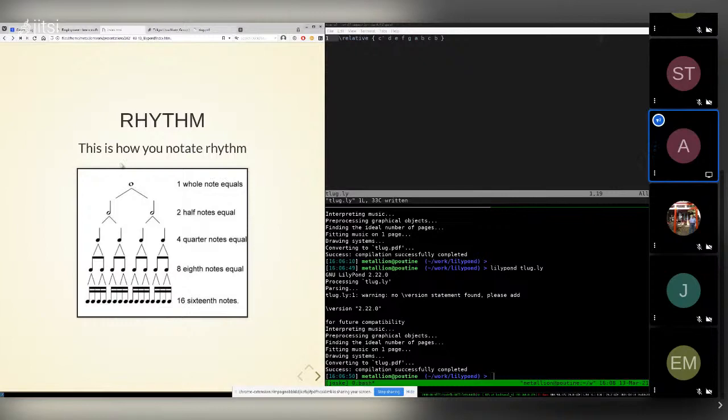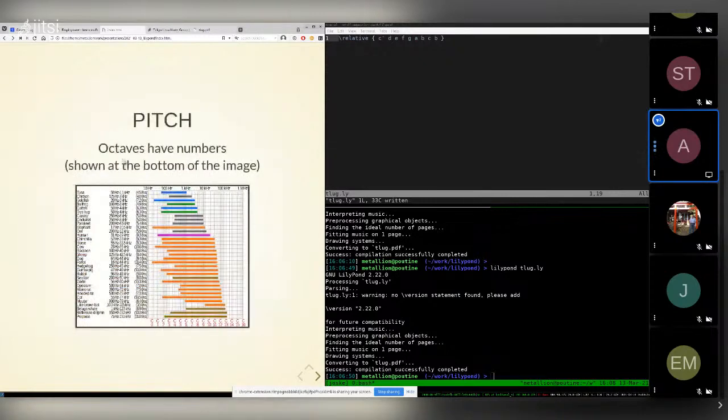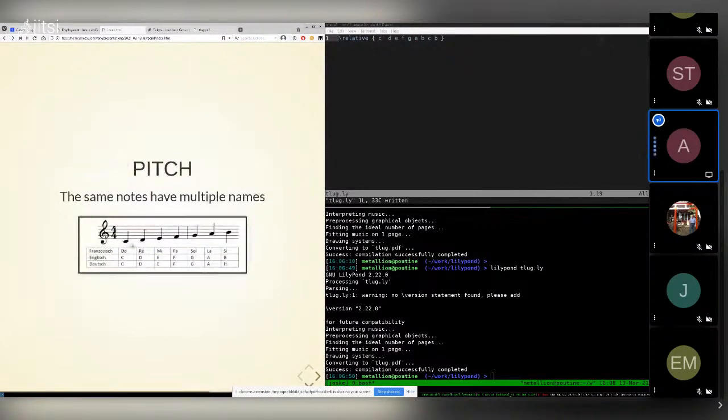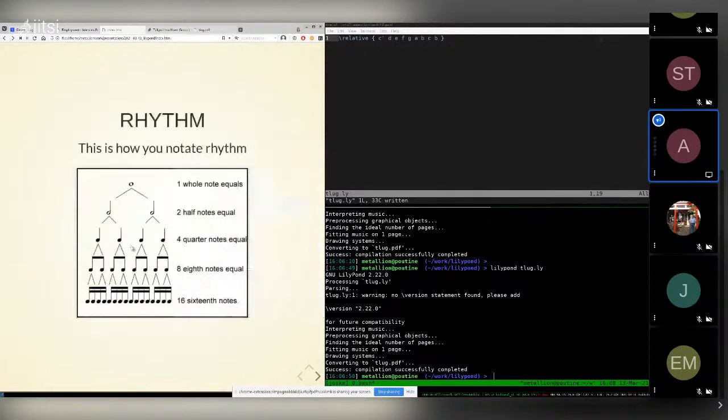When we were looking at pitch, these little balls on the notes are called note heads. Where they are in relation to the 5 lines, the staff, is how high they are. And rhythm, how long they sound, is decided first by whether they are solid black or more like a donut, and second by whether they have a stem and what kind of stem they have.